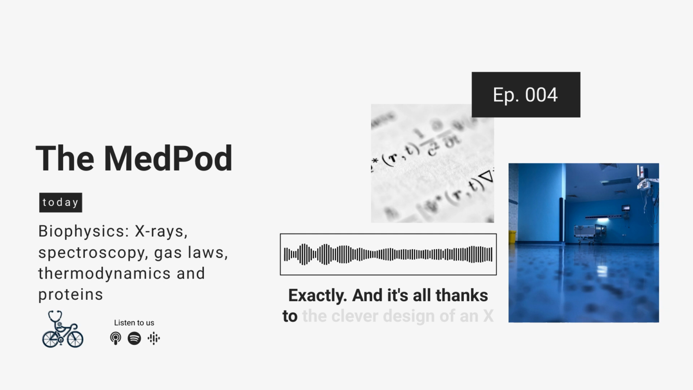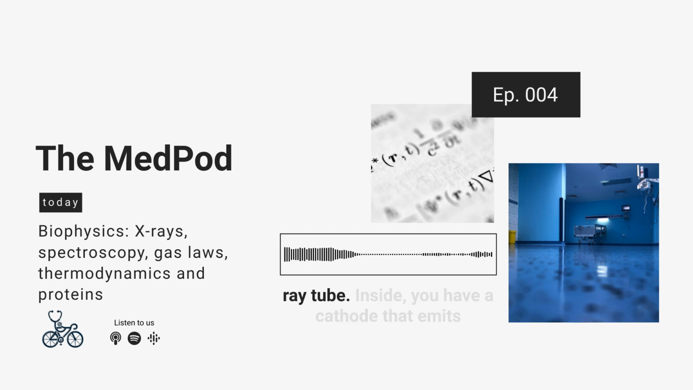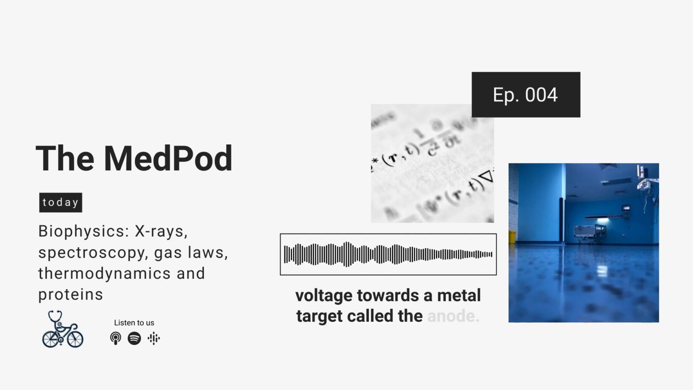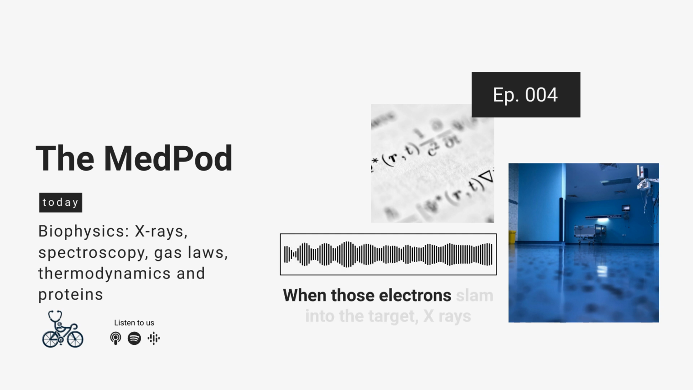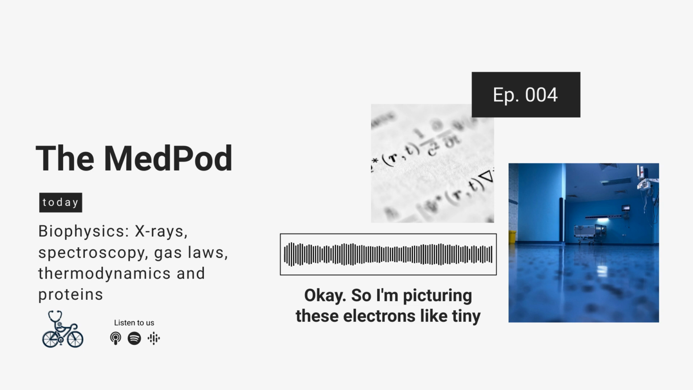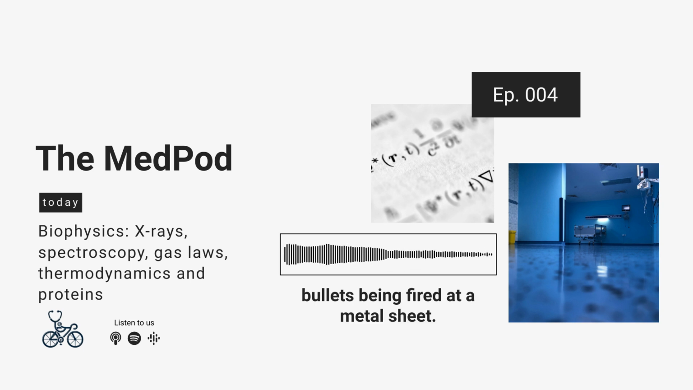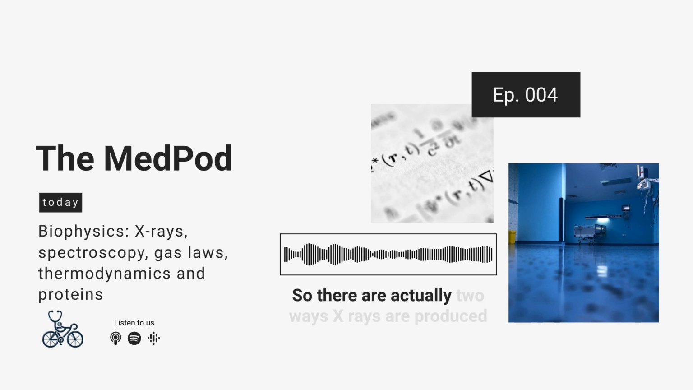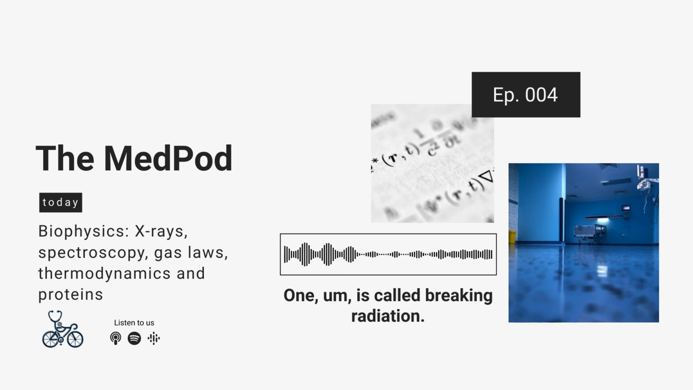Exactly. And it's all thanks to the clever design of an X-ray tube. Inside, you have a cathode that emits electrons, which are then accelerated by a high voltage towards a metal target called the anode. When those electrons slam into the target, X-rays are produced. So I'm picturing these electrons like tiny bullets being fired at a metal sheet. A good analogy. What happens when they hit? There are actually two ways X-rays are produced in this process. One is called braking radiation,